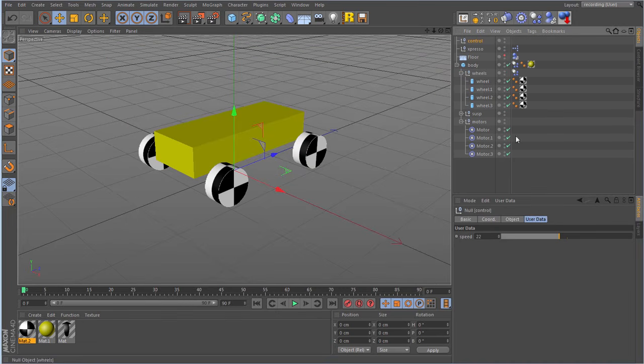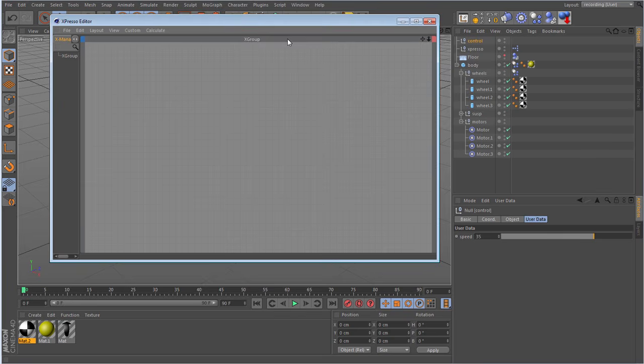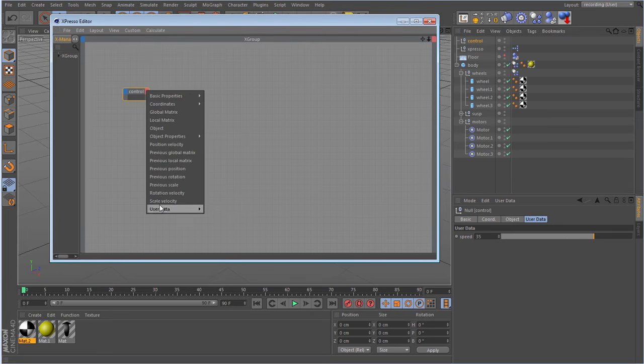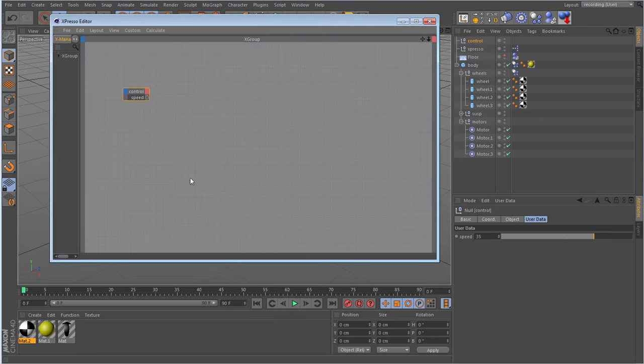Now let's just have a look on our control panel and check that we've got a slider. Yep. Okay, so we can drag the Espresso window back, and I can drag the control null into this window. Now, if you've ever done Espresso before, it's not too difficult to comprehend. The left-hand side of these nodes is the inputs, and the right-hand side is the outputs. Now, since this control panel is going to be giving us a value, we're going to need an output to come from this node. So on the right-hand side, go all the way down to the bottom, user data speed, and that's a little slider that we've just made.